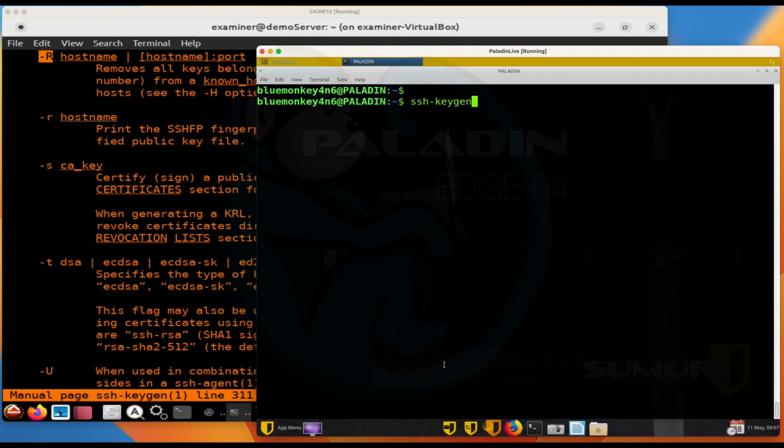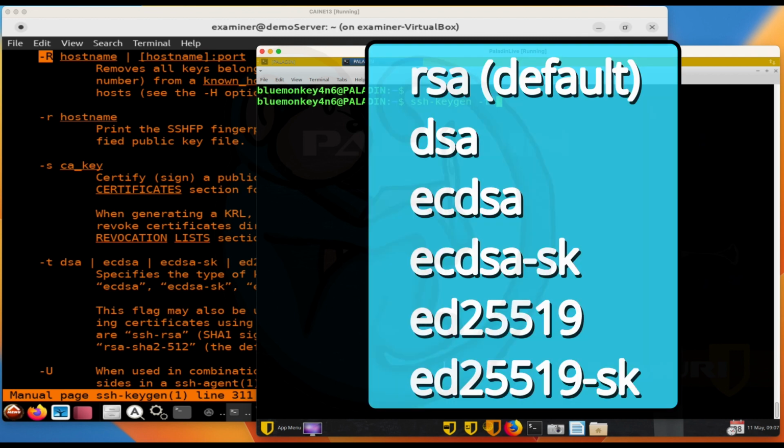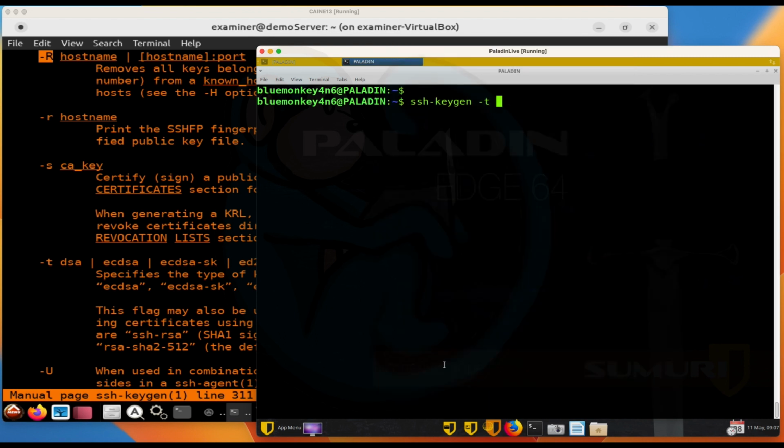So the first option is the -t for the type of key that you want to generate. Your choices are RSA, which is the default, DSA, ECDSA, ECDSA-SK, ED25519, and ED25519-SK. The selection of the best type of encryption algorithm is beyond my brain capacity, but I have read that